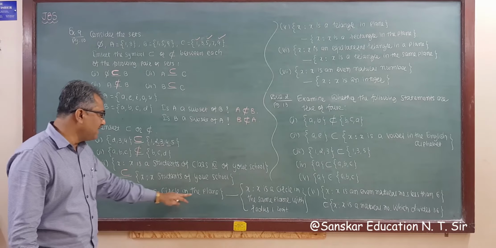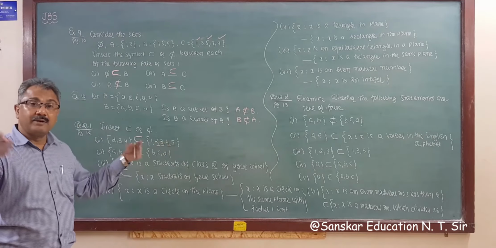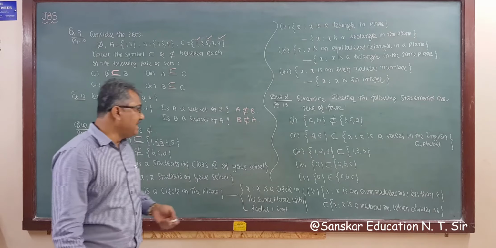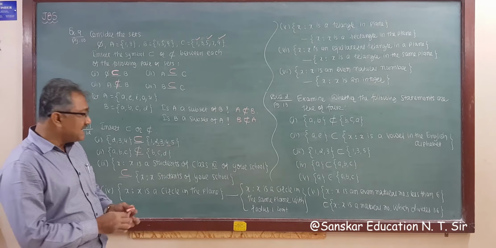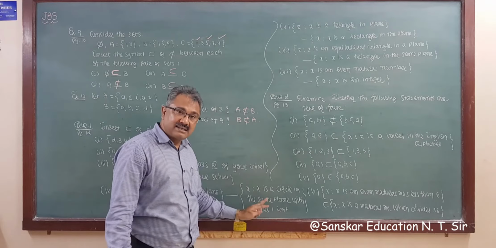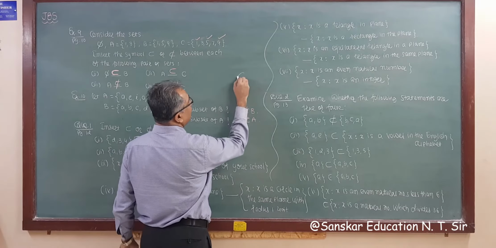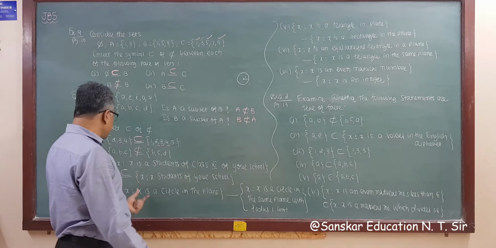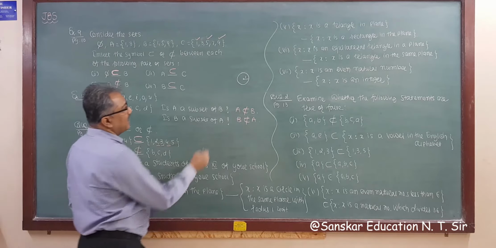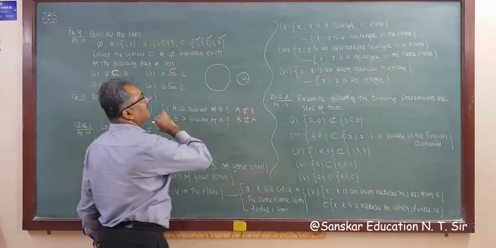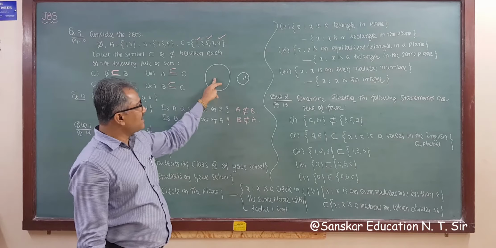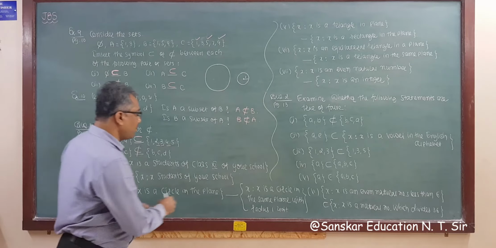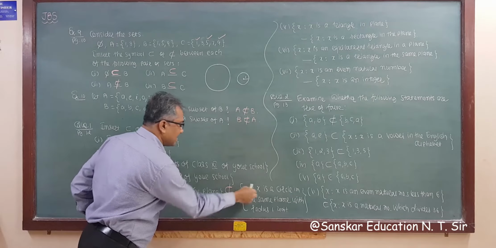X is a circle in the plane. So in the plane the circle is there. Is it a subset of the set of circles in the same plane with radius 1 unit? So it is clearly given that the circle in this set has radius 1 unit. Suppose this is a circle with 1 unit. And this is only given, X is a circle in the plane. Suppose this is a circle in the plane with 5 unit. So all elements of this circle being in this is never possible, because this is given. So this is not a subset of this set.